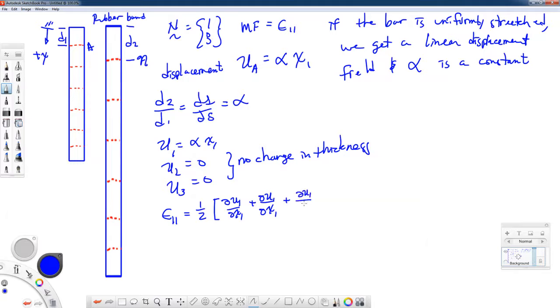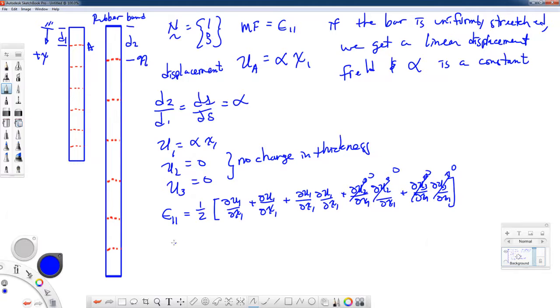Partial of u1 with respect to x1, partial of u1 with respect to x1, plus partial of u2 with respect to x1, partial of u2 with respect to x1, plus partial of u3 with respect to x1, and a partial of u3 with respect to x1. We can simplify this quite a bit, because if we look at the u2 and u3 displacement components, those are equal to 0. So this term and this term and that term and that term go to 0 just by looking at those